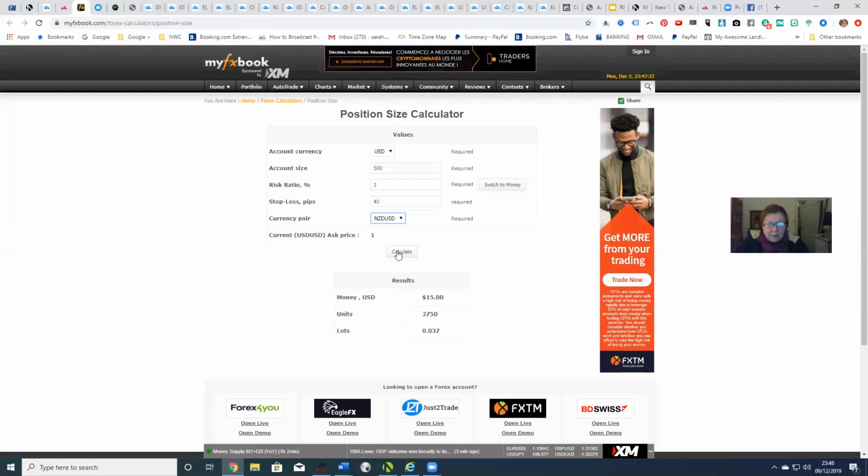NZD USD, 0.037. Okay, you would round that up to 0.04. So they do happen to be all the same lot size. So if we did an account size of 200, unless you had a leverage of 1 to 500,